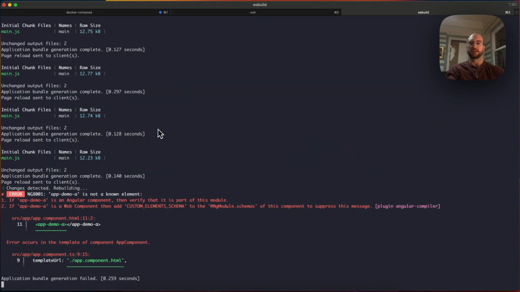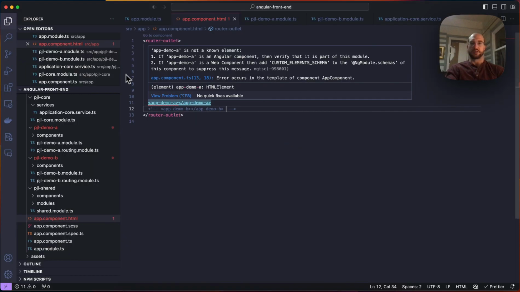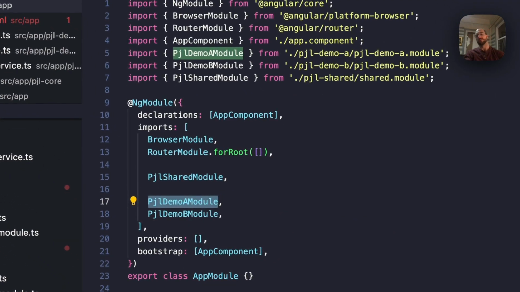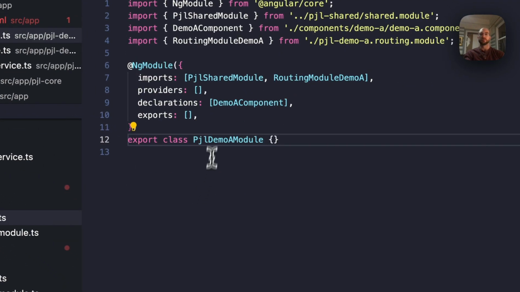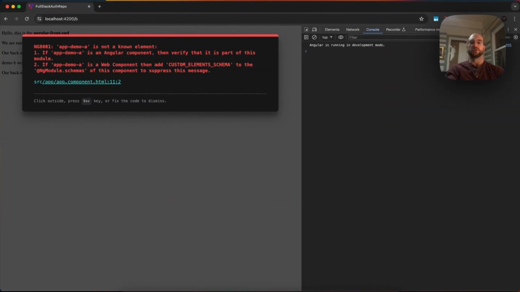It says it can't find app.component A. And this is interesting because in the app.module, it is there, you've imported it, but if you remember from the shared directory, even though we've declared component A, you would need to export it to make it available. And once you've exported it,